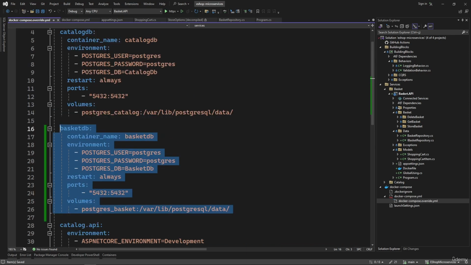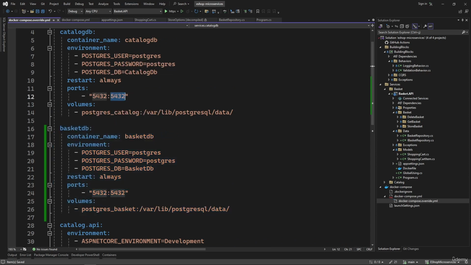Since we are using the catalog DB as a PostgreSQL image, this is the default port number that we are going to expose to our local computer. So if we try to expose the second PostgreSQL database at the same port, this will throw an exception, which is the port is already allocated exception. In order to avoid this kind of exception, we should change one of the port numbers